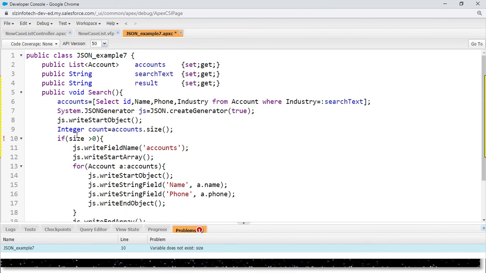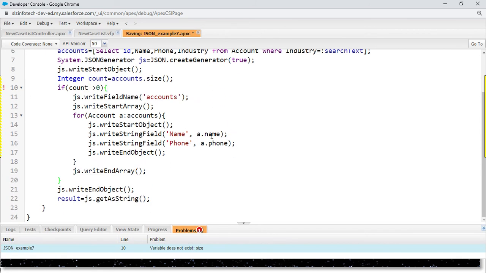Integer count, sorry, here count not size. If count greater than 0,